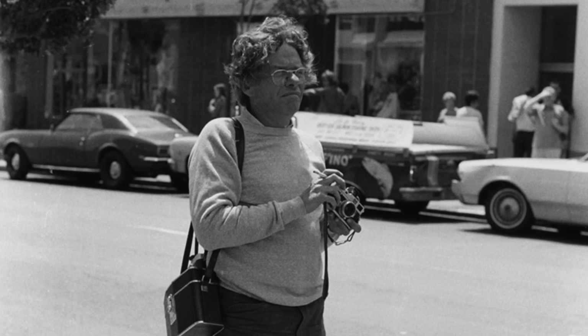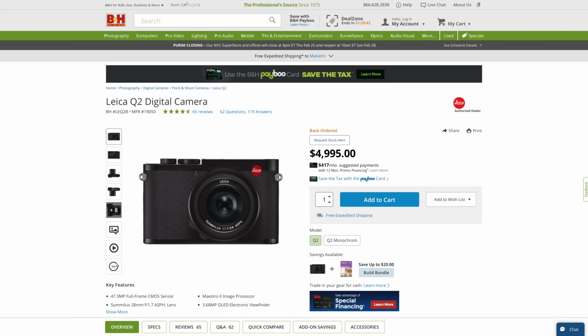At the wide end, 28 was the lens of choice for the legendary Garry Winogrand, and, as it happens, the focal length of the fixed lens attached to today's extraordinary little Leica Q2 and Q2M. In the age of COVID and social distancing, Claudia and I now rely on either 65 or 85mm as our